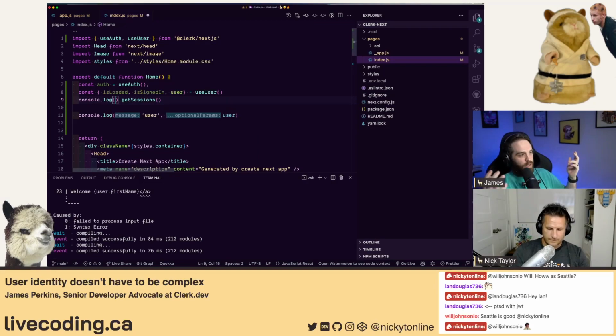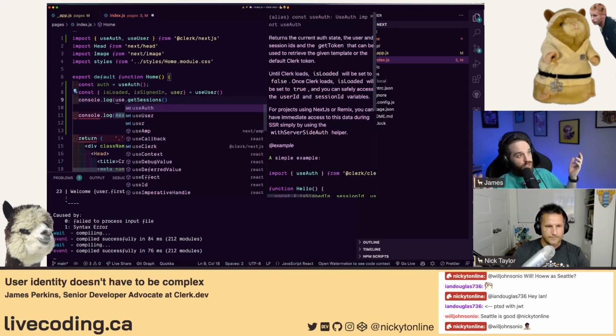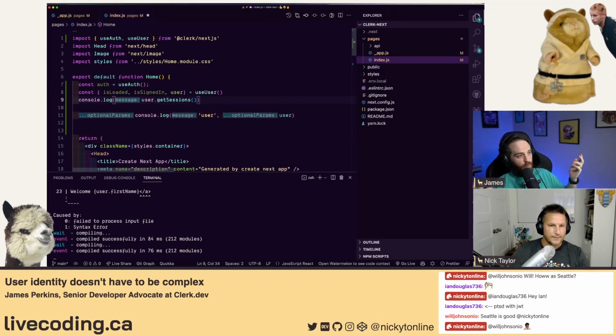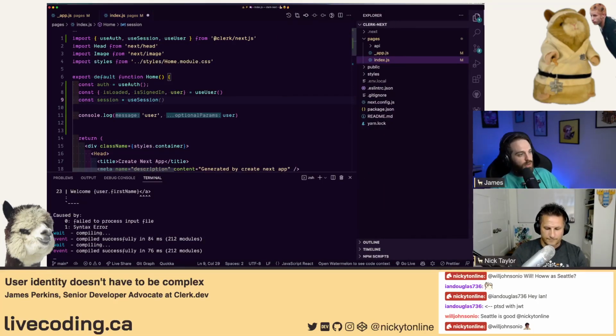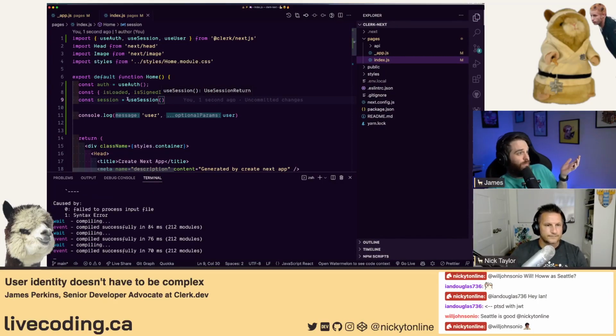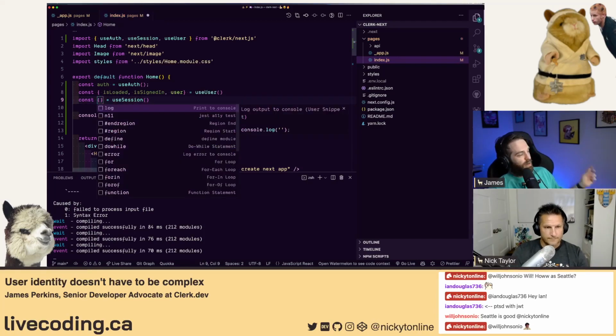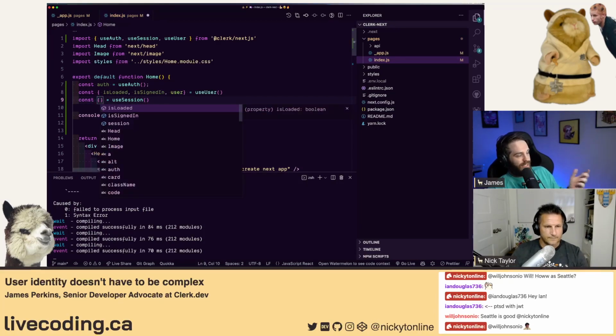Again, we're very good at this. You can use useSession, that's the import. And if you wanted it separately from the user, so if you just wanted session information for some reason, you can just use session, and inside of there is a bunch of session information that you might need, like last active or some metadata, or when is it going to expire, all those kinds of things that you may need